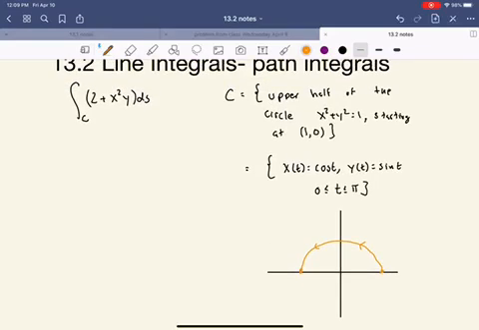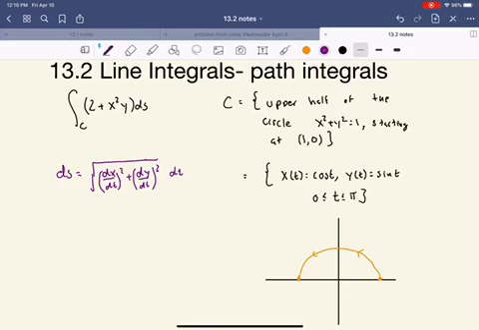Next thing we should ask is, what about this ds? Well, ds is the arc length. Actually, it's the differential arc length, but we know that from before to be the square root of (dx/dt) squared plus (dy/dt) squared, with a dt out there. Now when we do this for this path, this is going to be